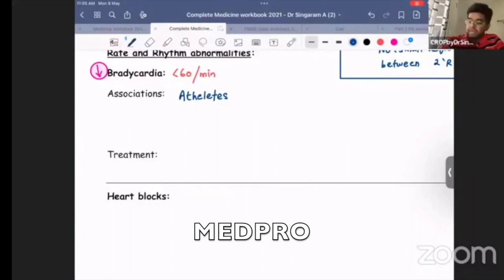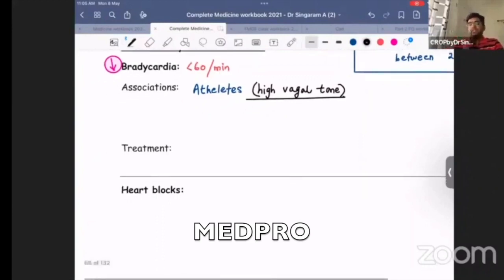And whenever there is a high vagal tone, it decreases the heart rate. In athletes, you notice a high vagal tone, which is the reason for decreased heart rate. I hope you are able to follow this. So it's a normal condition wherein athletes have a decreased heart rate. That is number one. Number two,